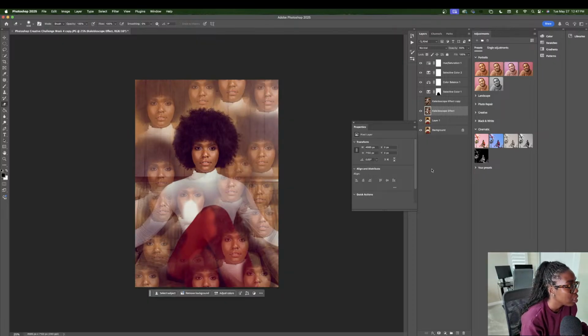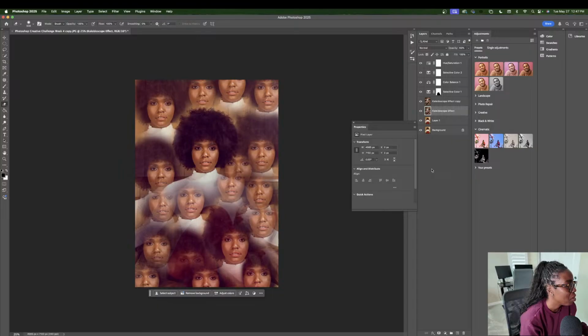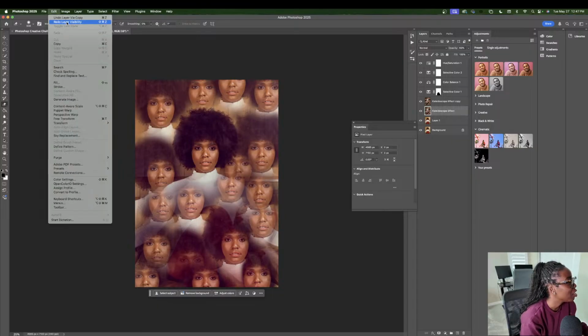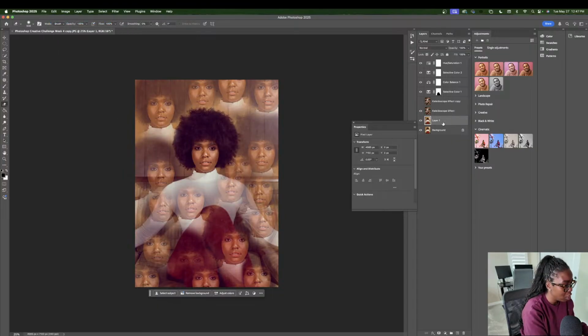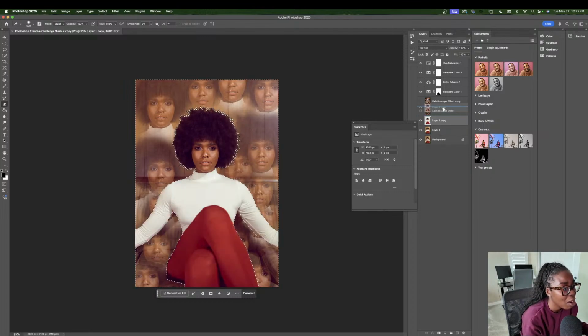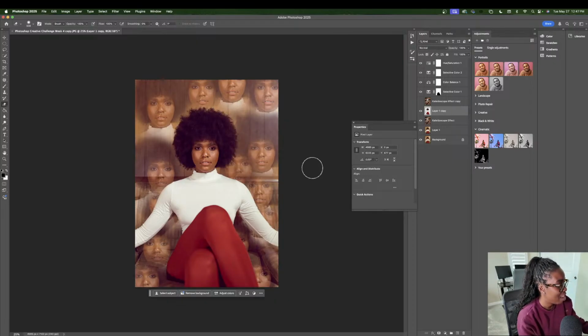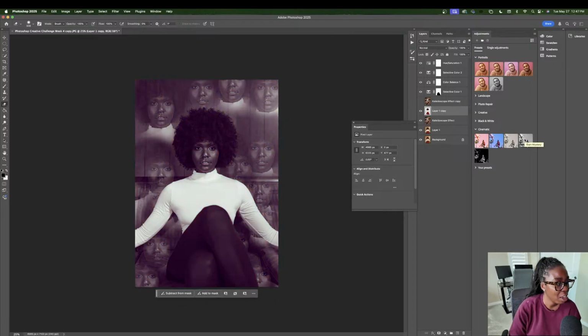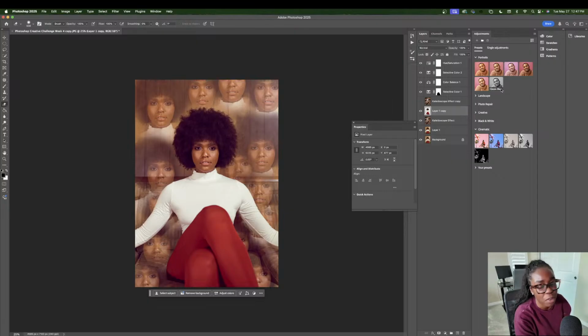You know what? This is what I can do. Okay, hold on. Let's redo that. All right, I'm going to duplicate this, select my subject, which will be that. Then I'm going to invert and delete, move this layer up here. Ooh, what did I do? Oh, I came over here. Okay, I like that. So what I just did, y'all, I felt like I wanted my subject to be out